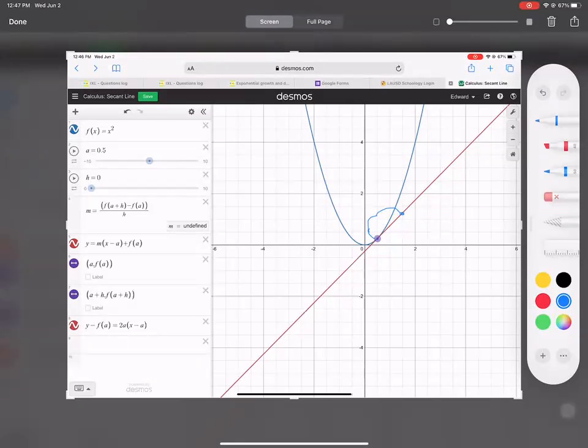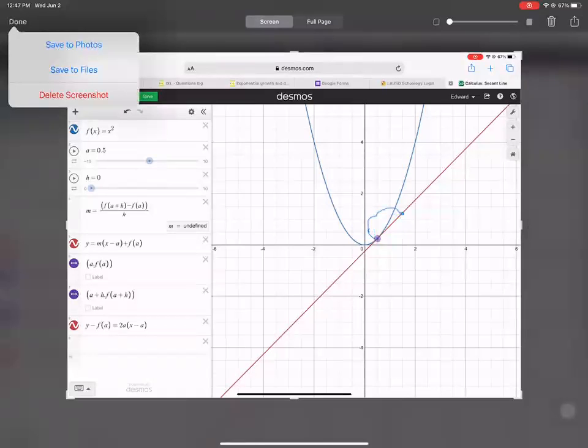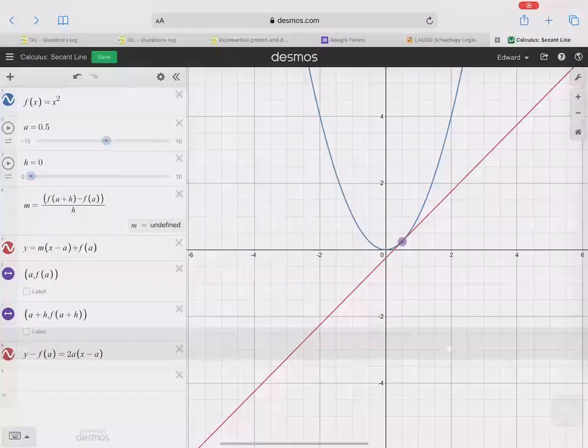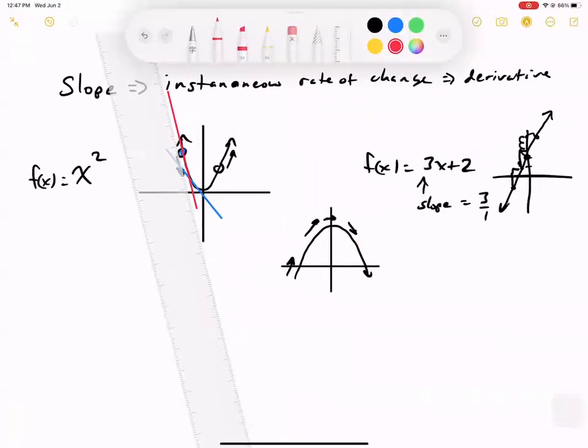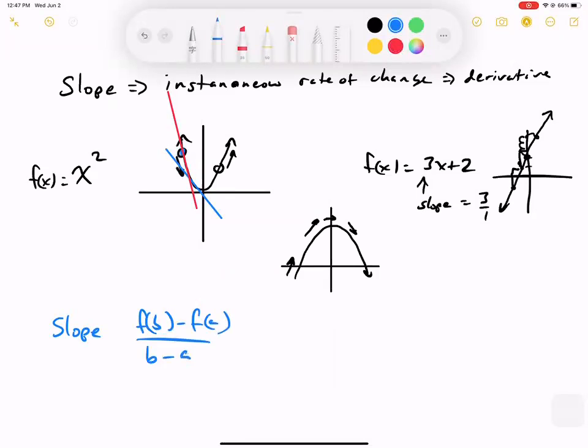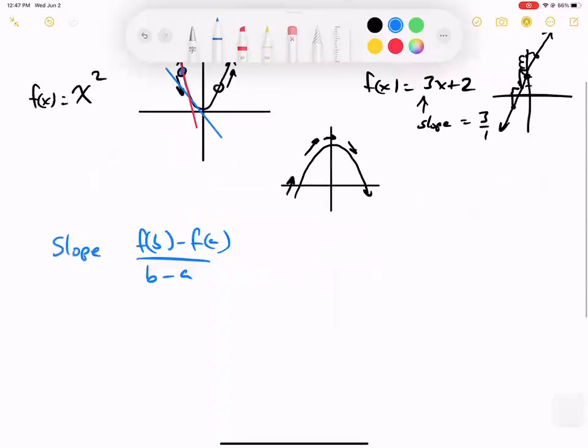And so mathematicians had to find a way to say how fast is a line changing, or is a graph changing? Because not all lines are straight lines. And they came up with this idea of a derivative. But they didn't just come up with it. They came up with the idea of slope from an algebra standpoint. And they said, fine, how do we talk about slope in algebra 1? Slope is defined by f of b minus f of a over b minus a. And that's how we started talking about this a lesson or two ago. We said slope is f of b minus f of a over b minus a. You take your rise in your f's over your run in your x's. And then we said,